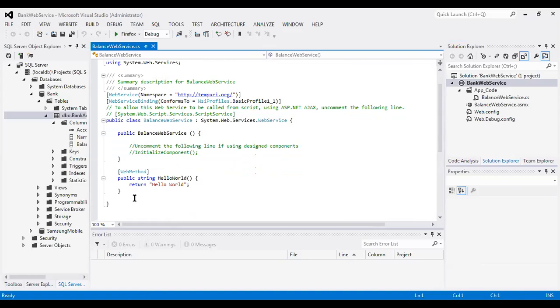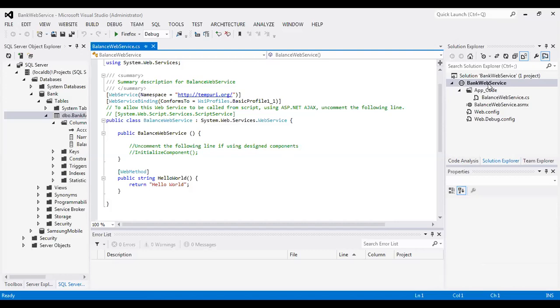So the first step we have seen is creating the empty website. After creating the empty website, right click on this particular name, bank web service, then Add New Item, select web service and give the name balanceWebService.asmx.